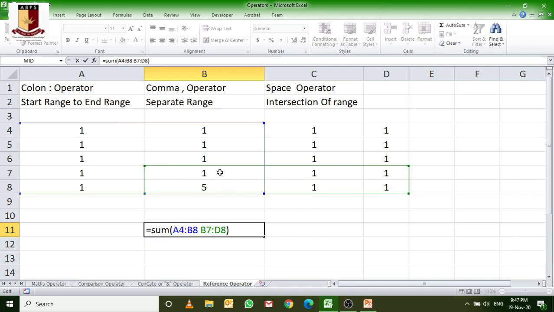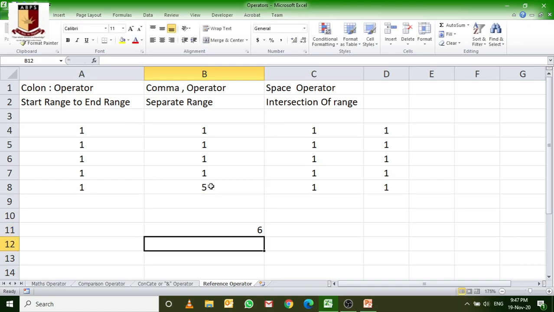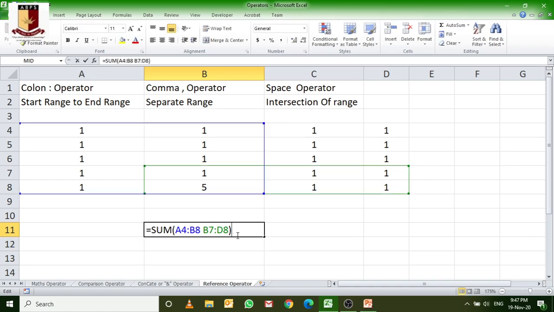Now we can check easily that these two values are there, 1 and 5, in the intersection of these two ranges. Now check the 6. Why 6? This 1 and 5 is the intersection of these two ranges. So whatever values are falling in the intersection, the sum of those values will come. Okay. So multiple intersection values also you can calculate.